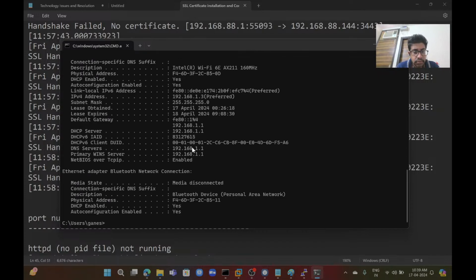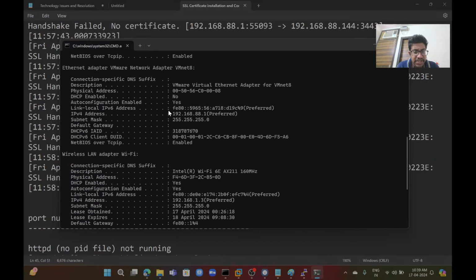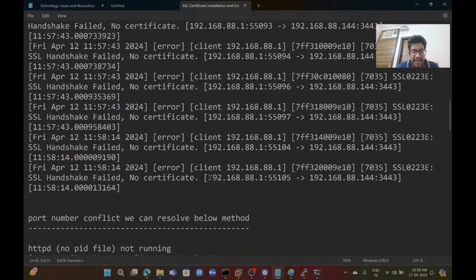Say 192.168.88.1. This is my client IP address, from our browser. Those who are accessing the application are not getting errors. So if anyone is getting an error and cannot open the application, there may be an issue with our certificate